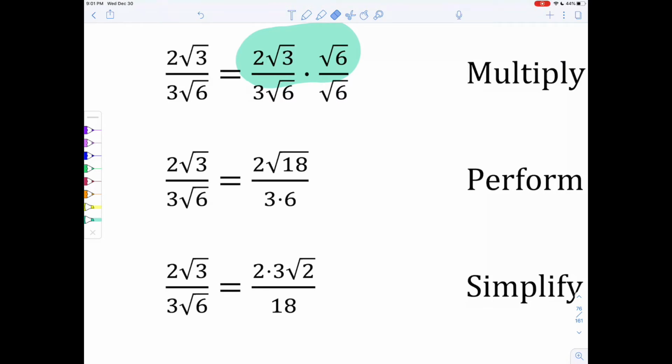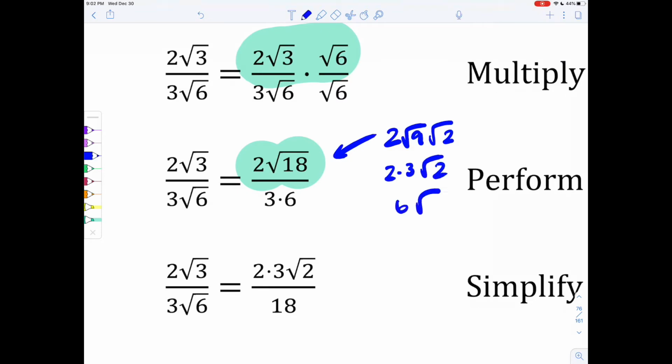Hopefully, so far we're on the right track. Now, if we take a look here, in our numerator, we have 2 root 18. And it's okay to have radicals in our numerator, because again, the whole purpose is just to get rid of them in the denominator. But root 18 can be simplified further, right? We know that the factors of 18 are 9 and 2. 9 is a perfect square. So we could think of 2 root 18 as 2 root 9 times root 2, which is 2 times 3 times root 2, which is 6 root 2,